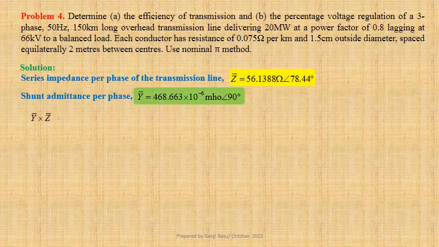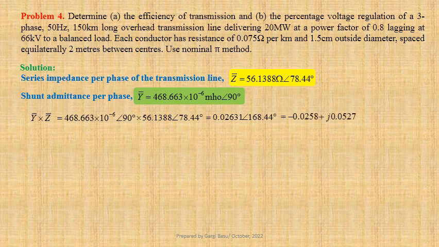Using values we get 468.663 × 10^-6 ∠90° × 56.1388 ∠78.44°, that gives us 0.02631 ∠168.44°. This may be written in Cartesian form as -0.0258 + j0.0527. Now we shall compute 1 plus